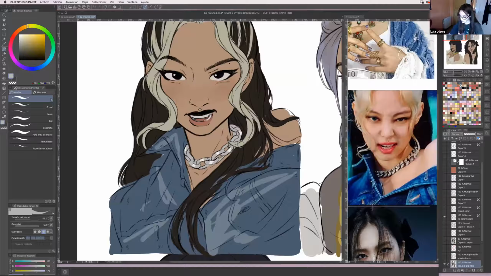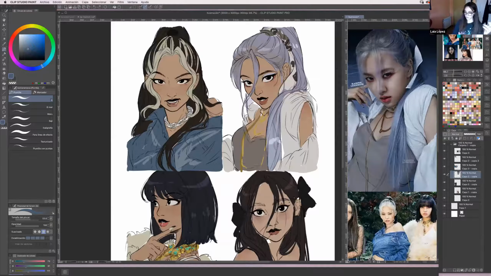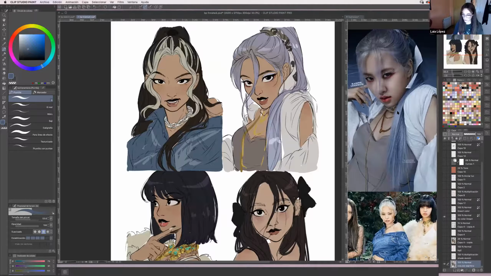What else? For example, on Rose's necklaces, I didn't draw them with a liner because they're so tiny and thin. It just didn't make sense to me. So what I did was draw them on top of. Sorry, that's my chair that's making noise. It's really creepy. Yeah, so I just didn't draw them with a liner because it was too small and too little details, and I really didn't want to. So I just created a layer later that I'll show you for it.